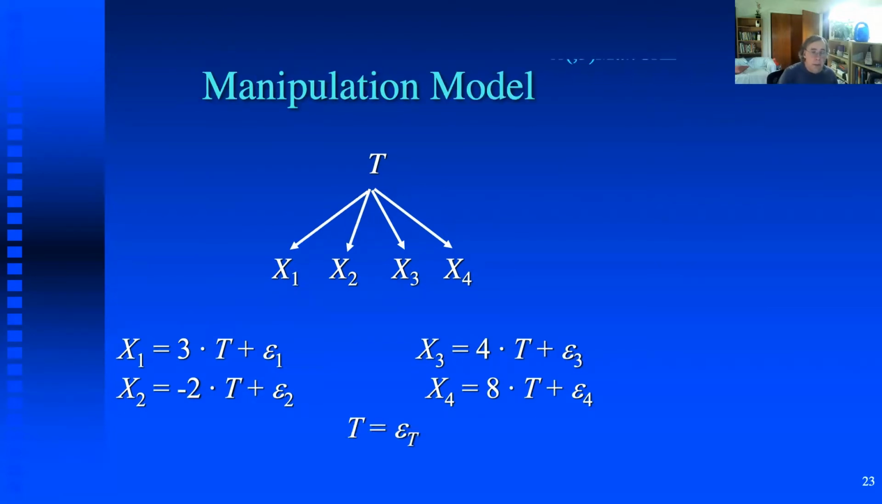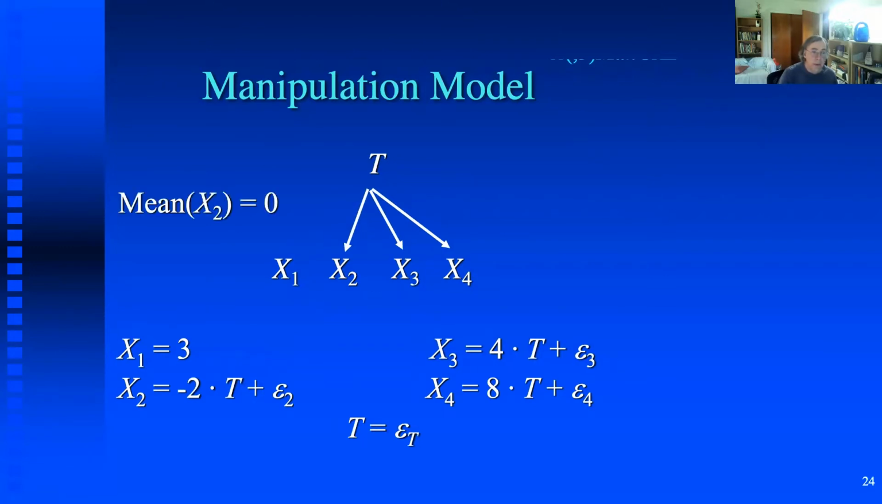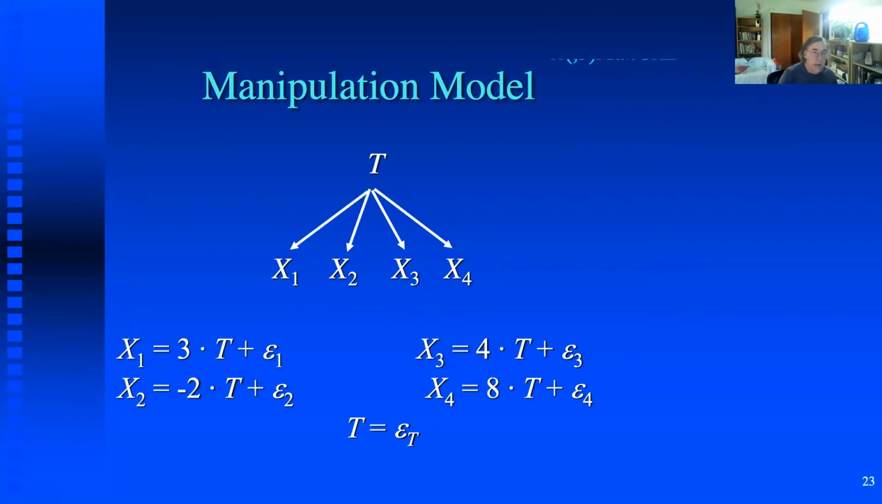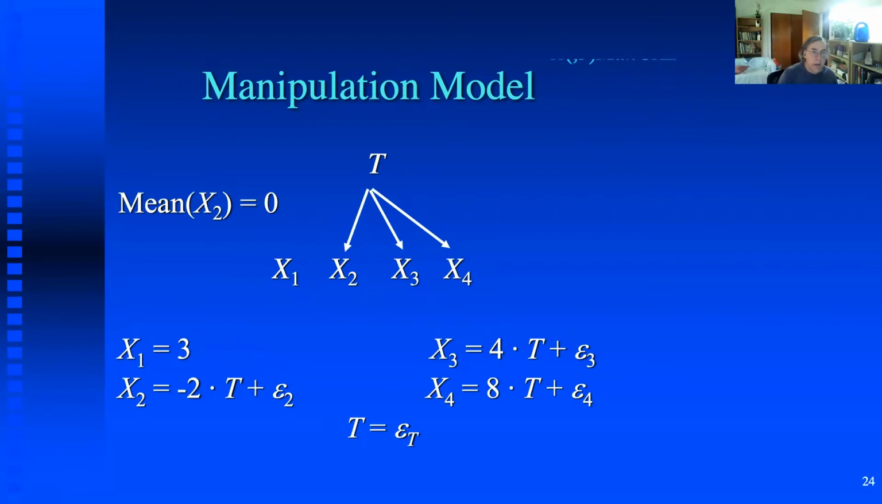So the manipulation model basically says, well, I'm just going to take my original set of equations and replace my equation for x1 by setting x1 equal to a constant, and that's actually not going to do anything to any of the other variables, right? Because x1 is an effect of t, if I manipulate it, it's not a cause of any of the other variables. So I would end up with the same set of equations, and the mean of x2